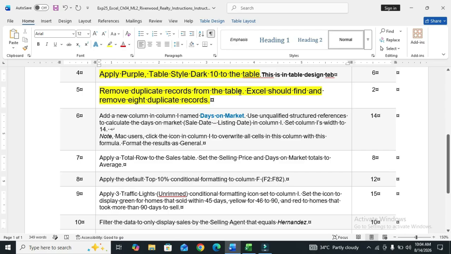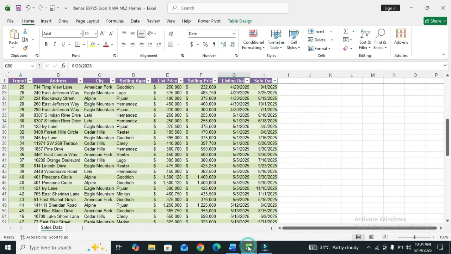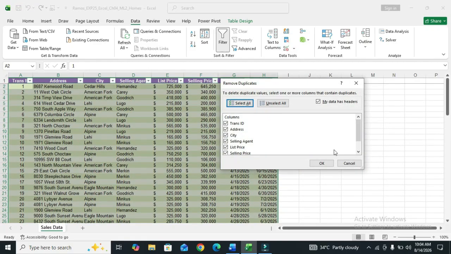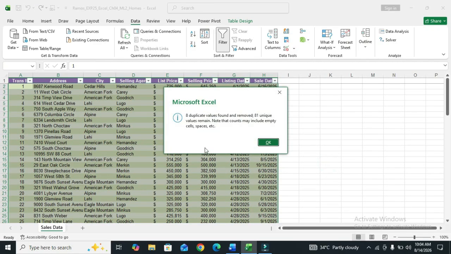This is one level of this step. So go to the Excel file, go to the Data tab, and click Remove Duplicates. Select all, and click on OK. So this is the information.